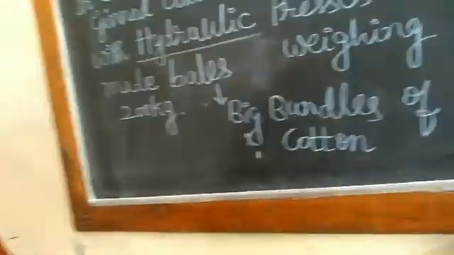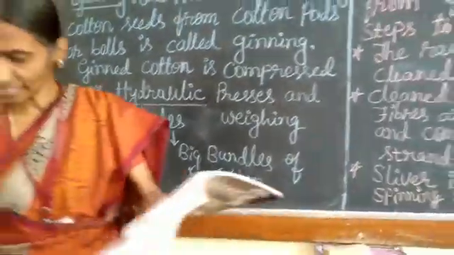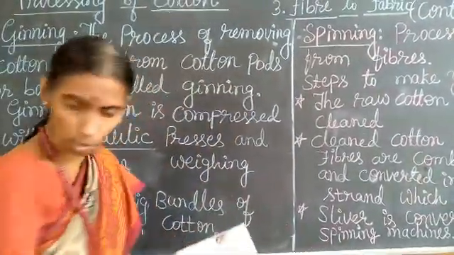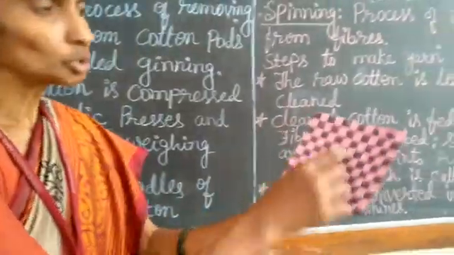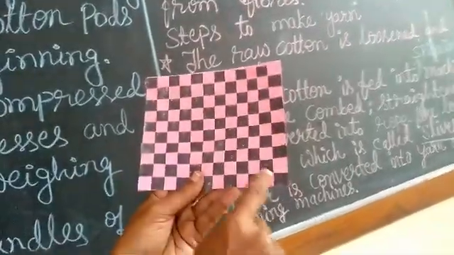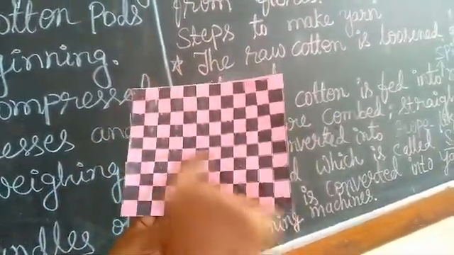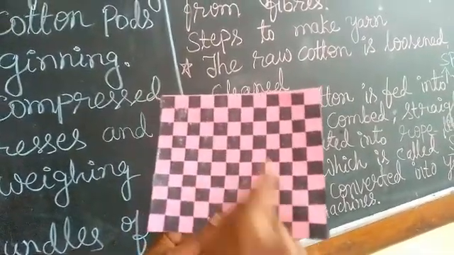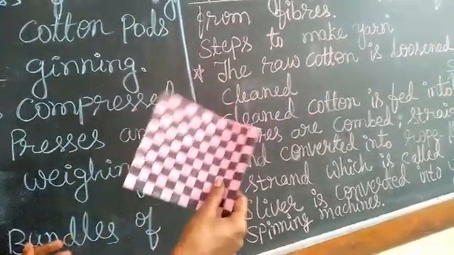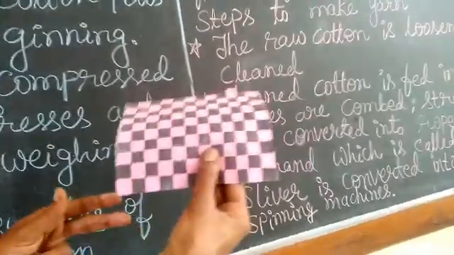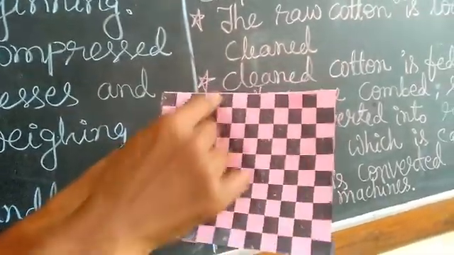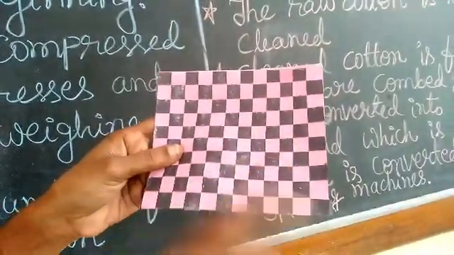After getting yarn, the third step is weaving. Weaving means, as you know already, two yarns are arranged at right angles to each other. Already I have shown you in the previous class how the fibers are arranged at right angles to each other. In each fabric, each cloth, the fiber structure is like this. Each yarn is arranged and a fabric is obtained. This is called weaving.